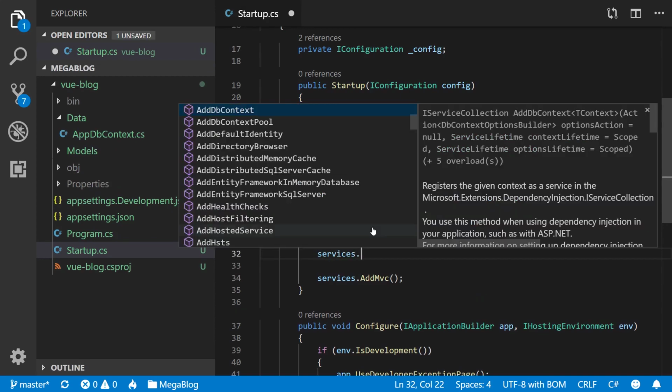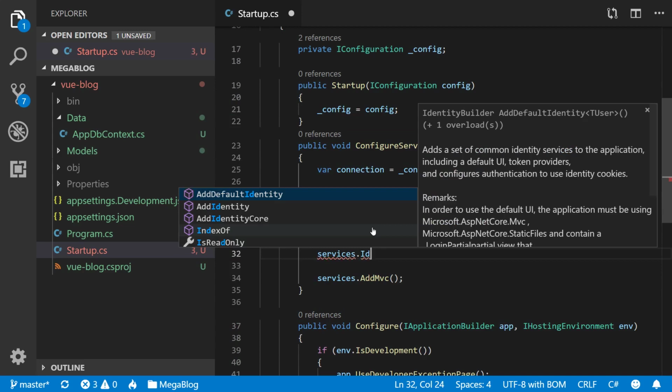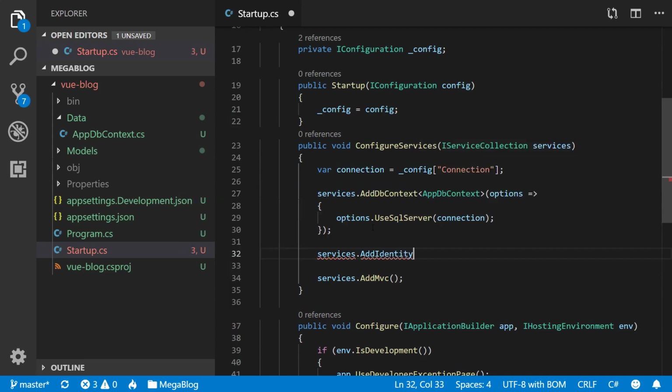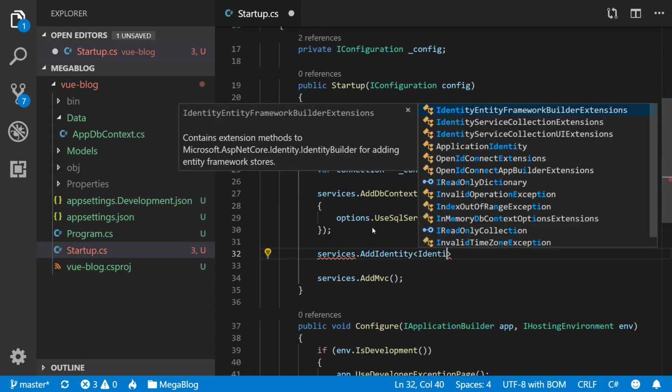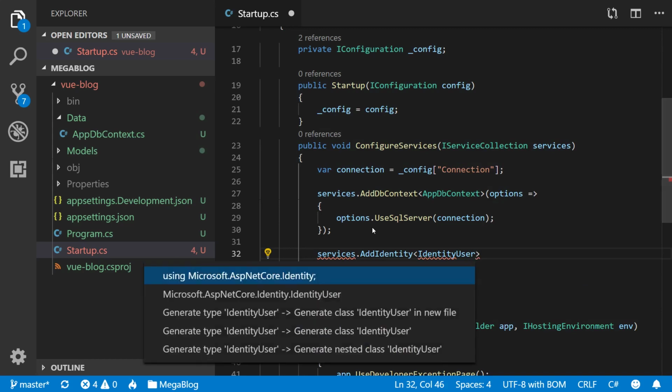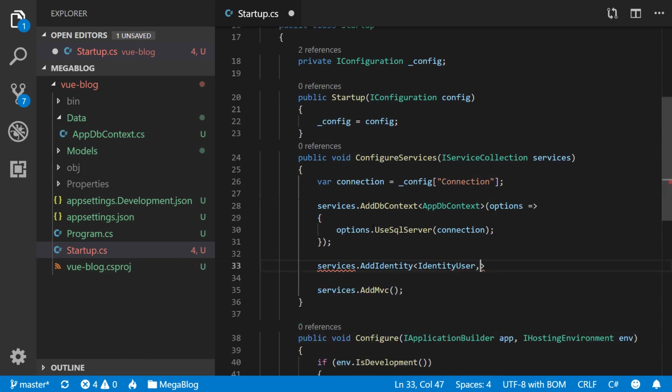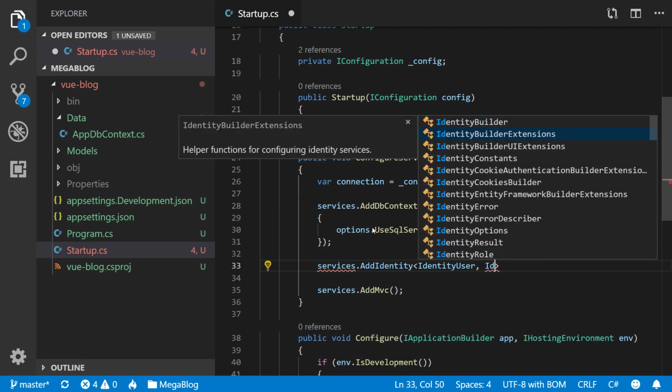Next thing, let's go ahead and set up identity. So AddIdentity, and I'm going to need to specify types, IdentityUser. The reason I'm specifying types and I'm not using a default identity is because default identity comes with all the MVC, basically the Razor library that contains all the pages and stuff. I don't want that. And then I want IdentityRole,